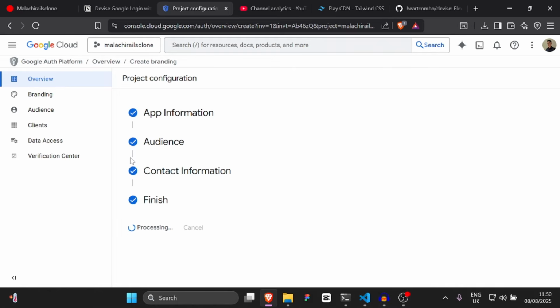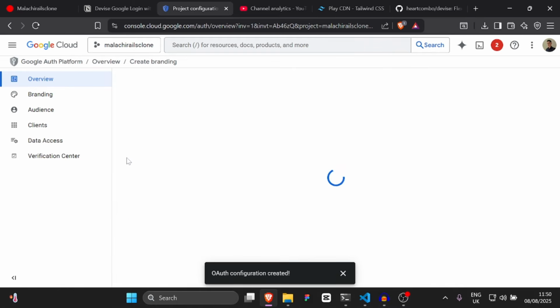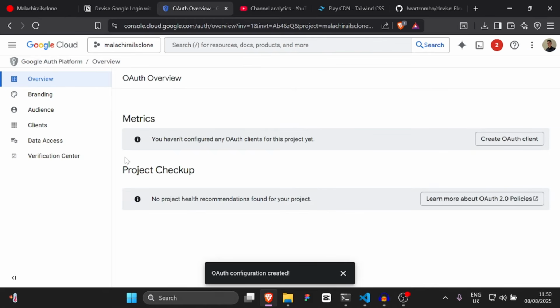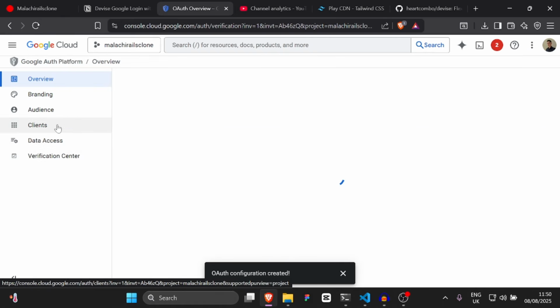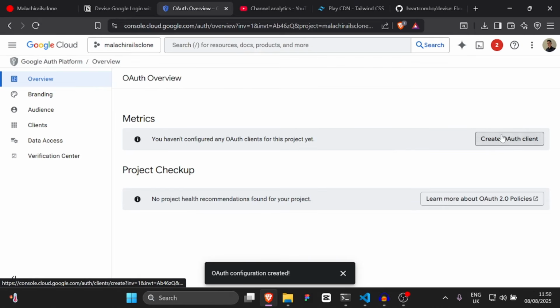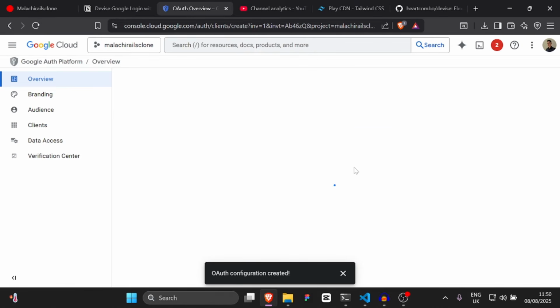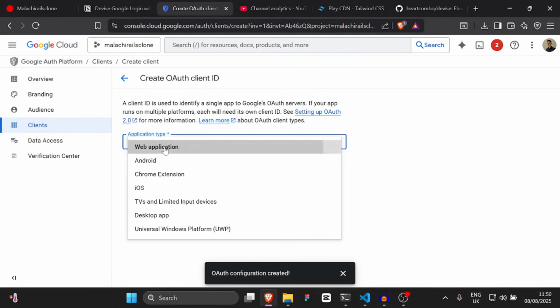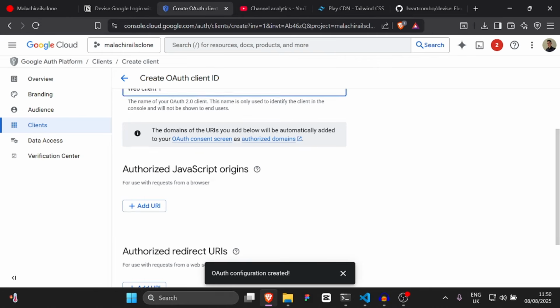Once we've done that, we're going to need to access our client ID and client secret. These are the details that we need in order to actually make OAuth work. So we're going to need to go to OAuth. We need to go to overview, and then let's click create OAuth client, and then hopefully it'll actually create. So we're going to click web application, and I'm just going to leave the name as web client 1,